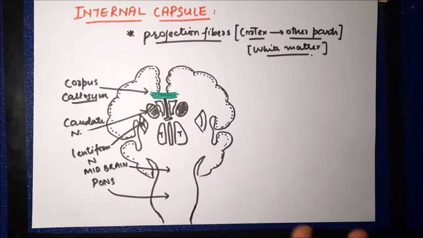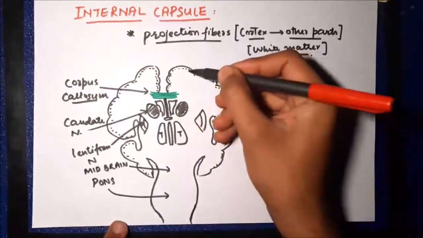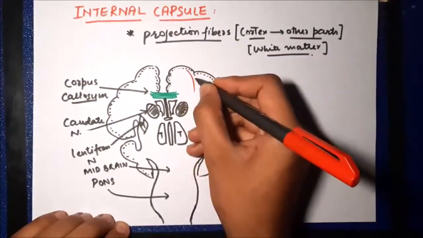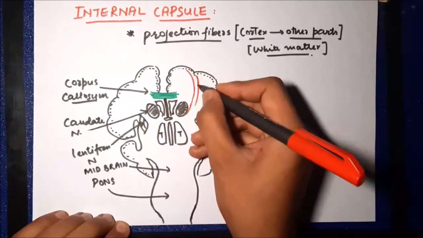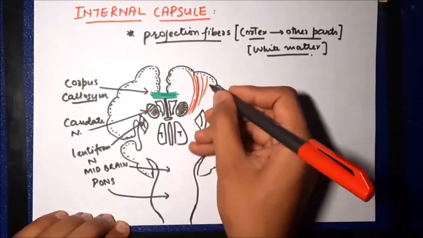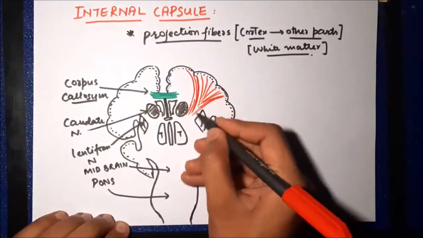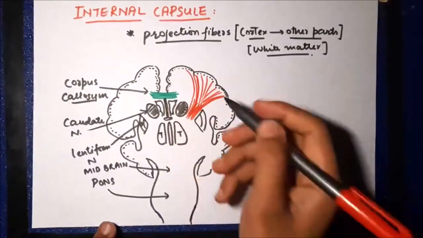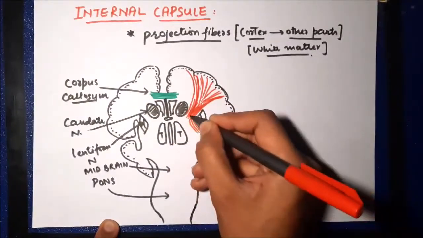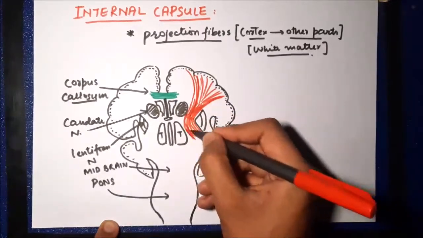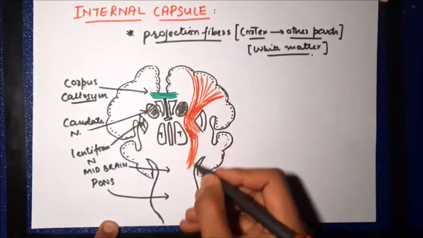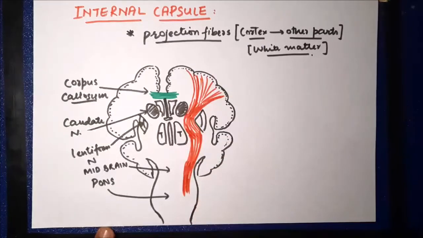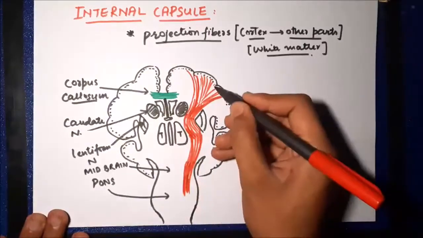Now if we consider the projection fibers, these project from the cortex. So this is cortex. Some fibers project from the cortex down, and while moving down they condense while passing through these basal ganglia, that's while passing between caudate nucleus, lentiform nucleus and thalamus. These fibers condense, and the condensed structure which is found between caudate nucleus, lentiform nucleus and thalamus is called the internal capsule, and it continues below to enter into the midbrain, and in the midbrain it forms another structure.